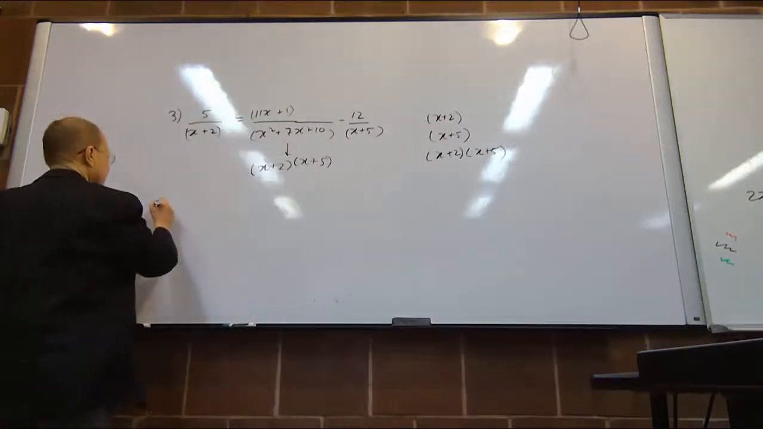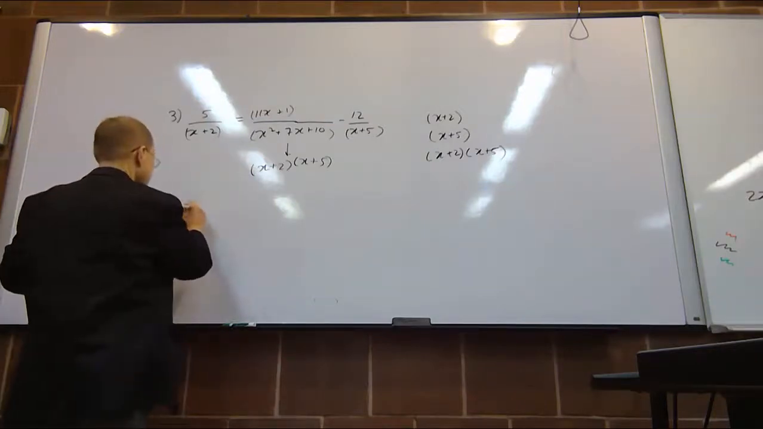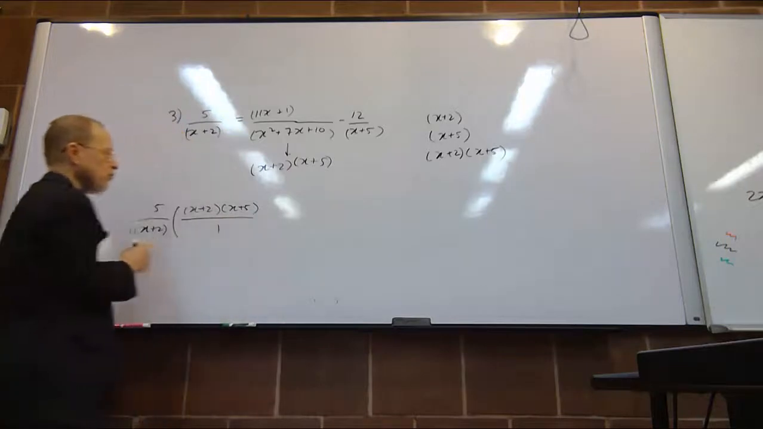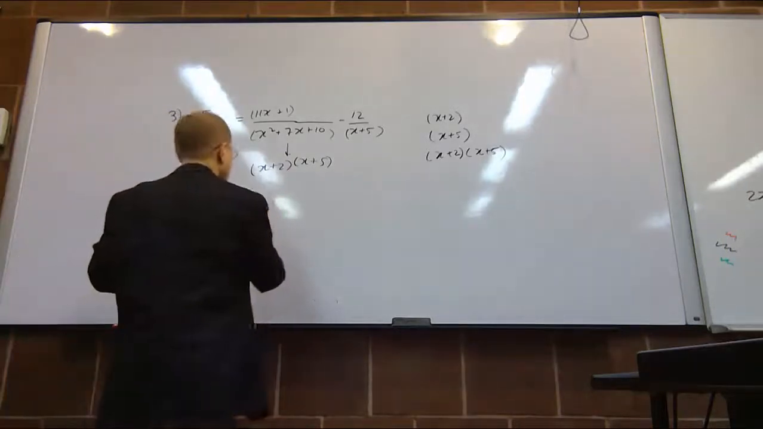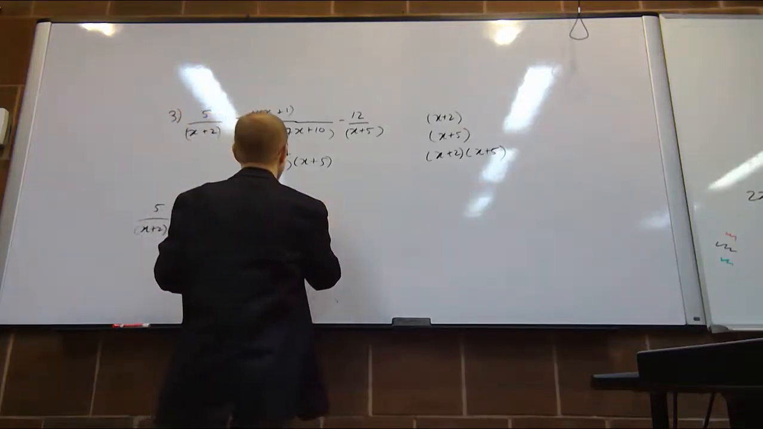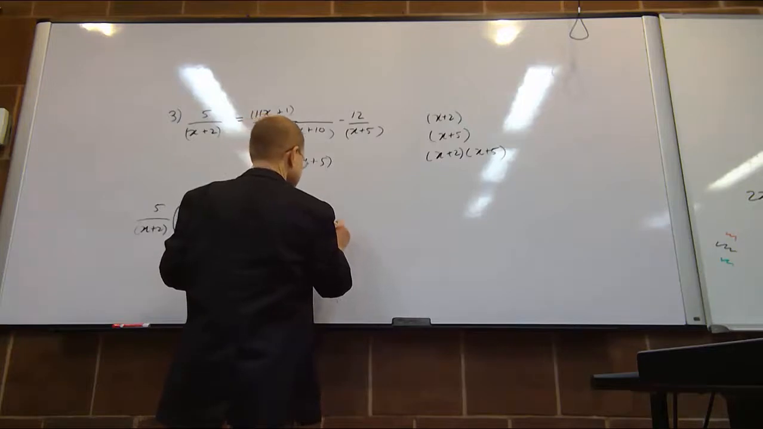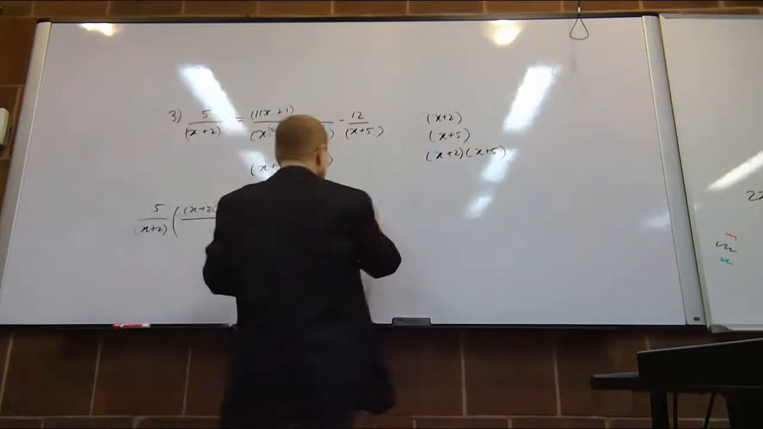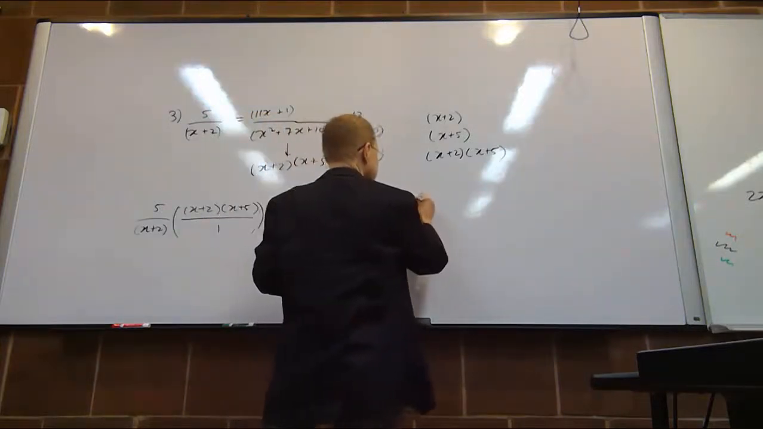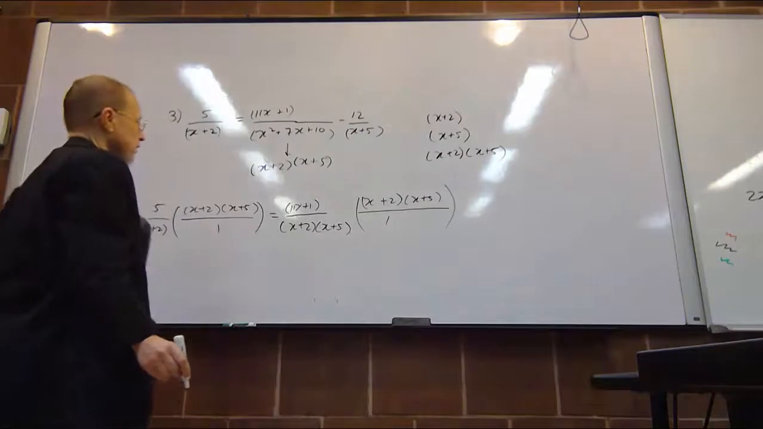So I'm going to go 5 x plus 2 times x plus 2, x plus 5, and I'll put the 1 there, as I said earlier, for tidiness, is equal to 11x plus 1 over x plus 2, x plus 5, since they're exchangeable and it makes it easier to see what's going on. Over 1, and then my last term